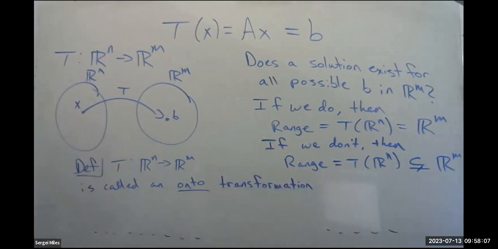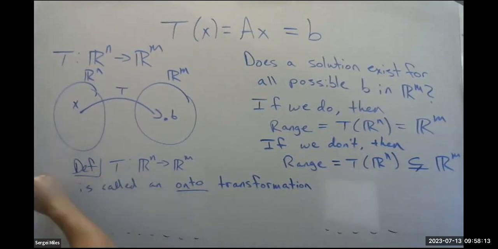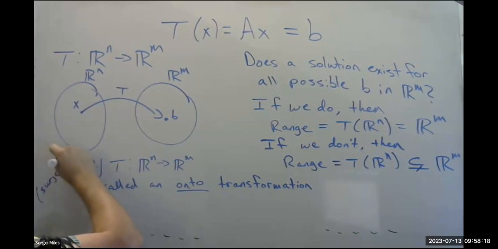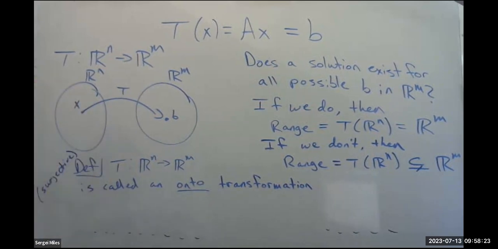Now, if you've taken some other math classes, or some analysis classes, onto is the same thing as surjective, right? Saying a function is surjective is the same thing as saying the function is onto. They mean the same thing. So I'm just putting this word here in case you've seen it before, so you can connect those previous definitions. Okay, so T is called an onto transformation if